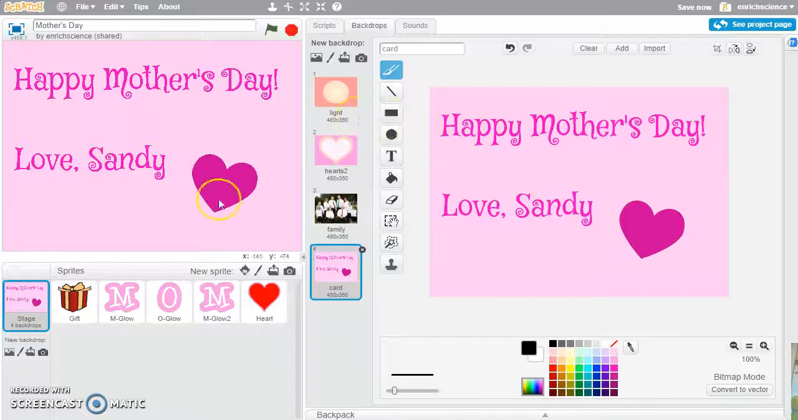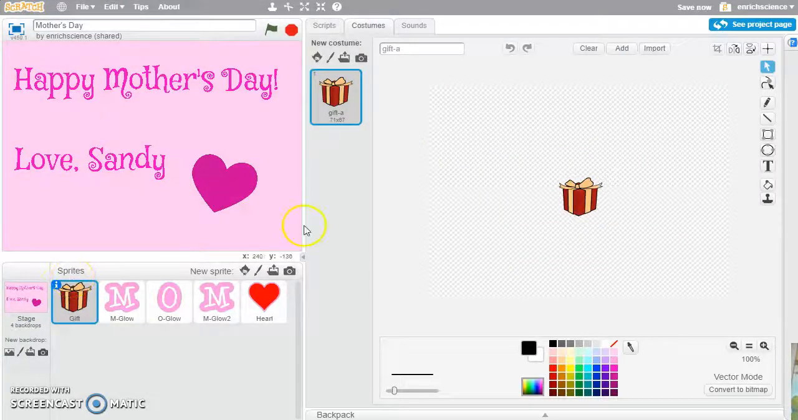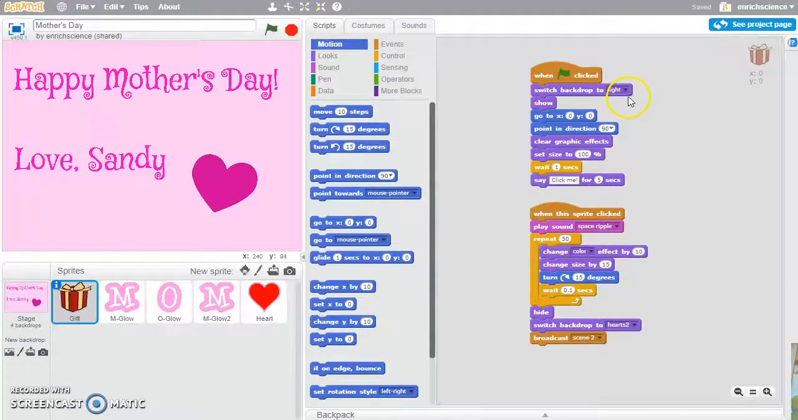For our sprites, our gift code uses some really fun animation. For example, when the sprite is clicked, we play a sound, and then we change the color effect and the size and turn it all 50 times so that it gets nice and big, and then we hide it, switch to our next backdrop, and we use the broadcast feature here. This is a way for one sprite to tell the next sprite to go. So here we have broadcast to scene 2, which